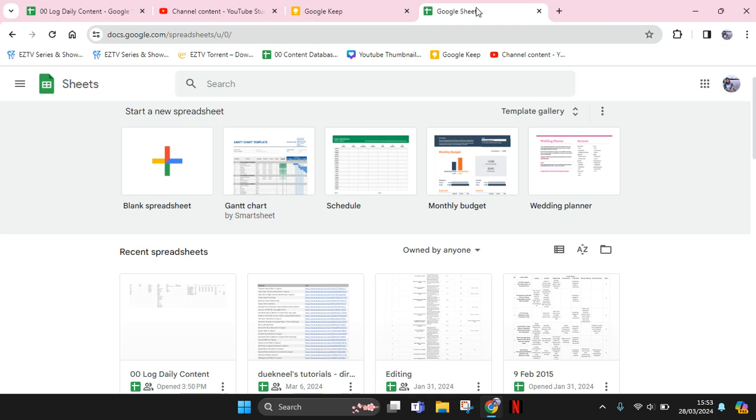On today's tutorial, I'm going to show you how you can create a Google Sheet shortcut on your computer desktop. So what you need to do first is open the Google Sheets web on your browser. So this is the address